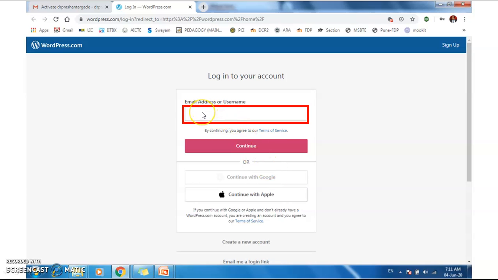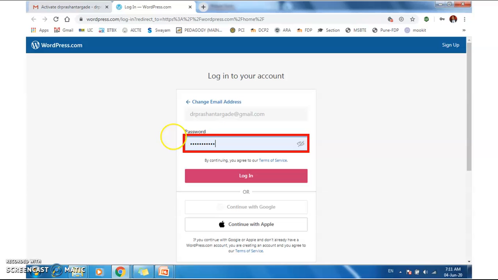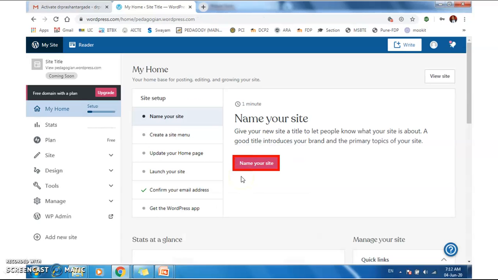Then it will ask for the email address. Just provide the email address or username. Then click on continue. Then enter the password and then click on login. Now our email account is confirmed.